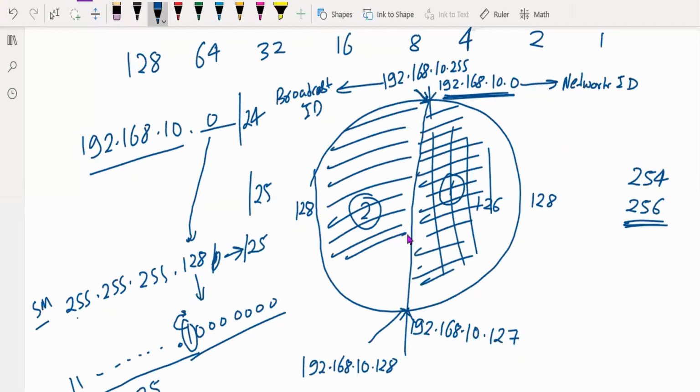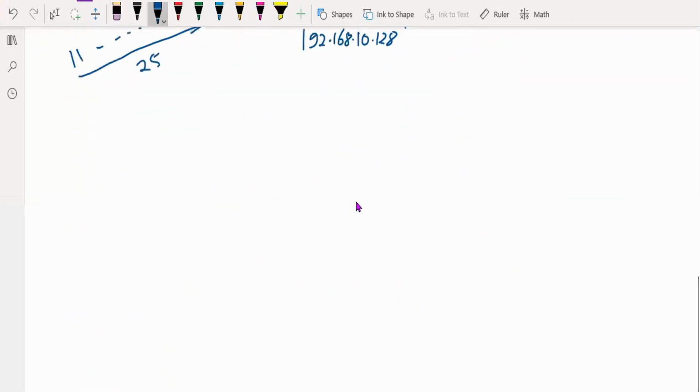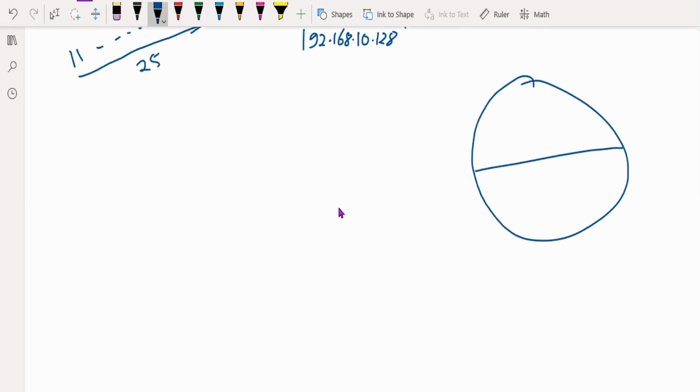So this is what I am doing to divide my full 256 IP addresses into two parts. If you want to divide your full pie chart of IP addresses into four equal parts, you need to add one more one in the subnet mask. So your subnet mask will become 8 ones, then again 8 ones, then again 8 ones, and then two ones and the rest zeros, because you are dividing into four parts.